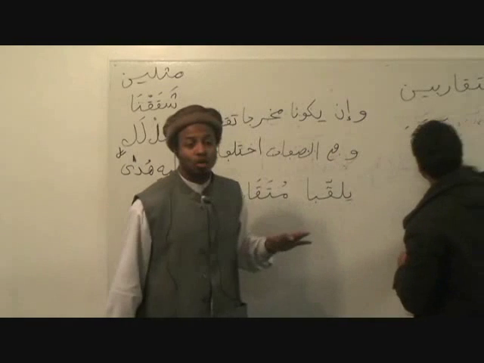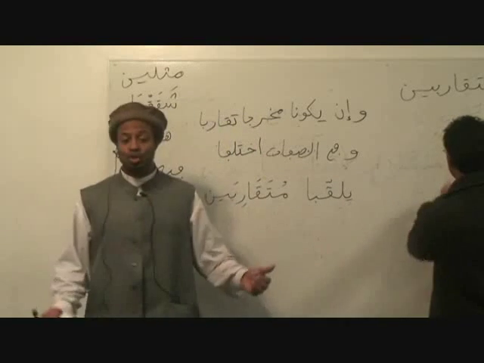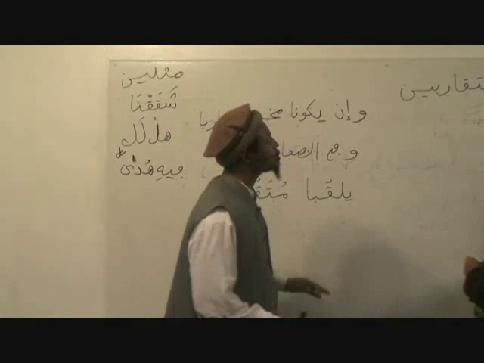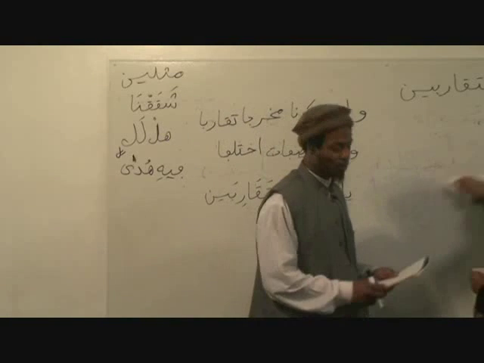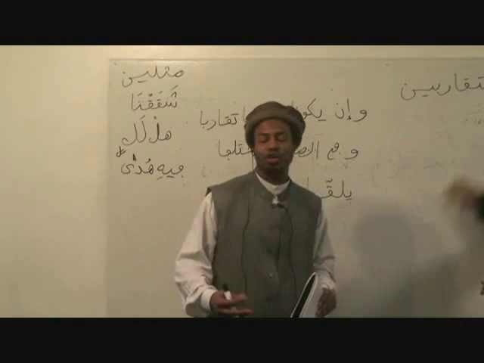A saghir, which is going to be the minor one. The kabir, which is the major one. And the mutlaq, which is the absolute one. And I'm just going to put here what they are. Very simple. This type of ilm is to let you know what you're dealing with when you're dealing with letters